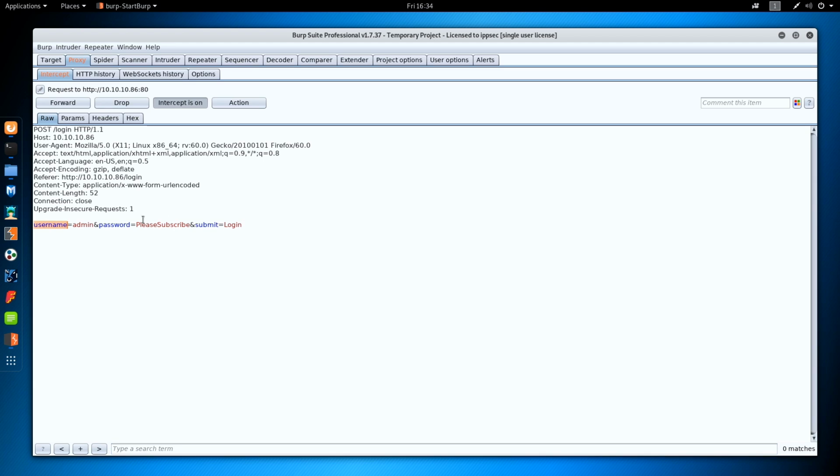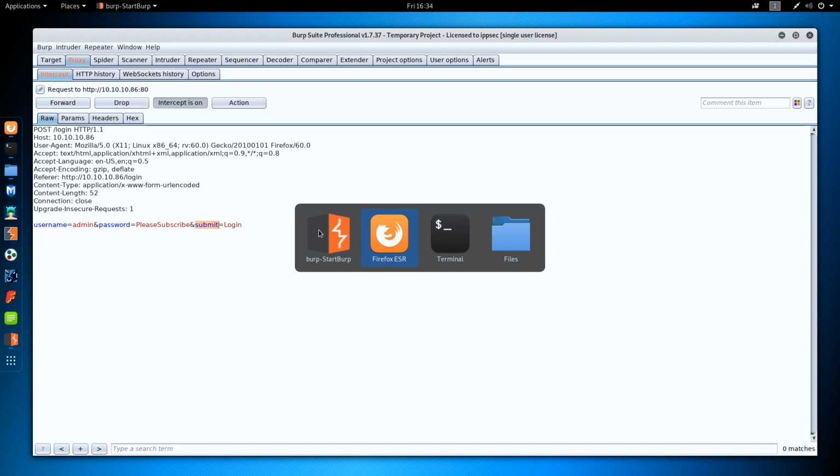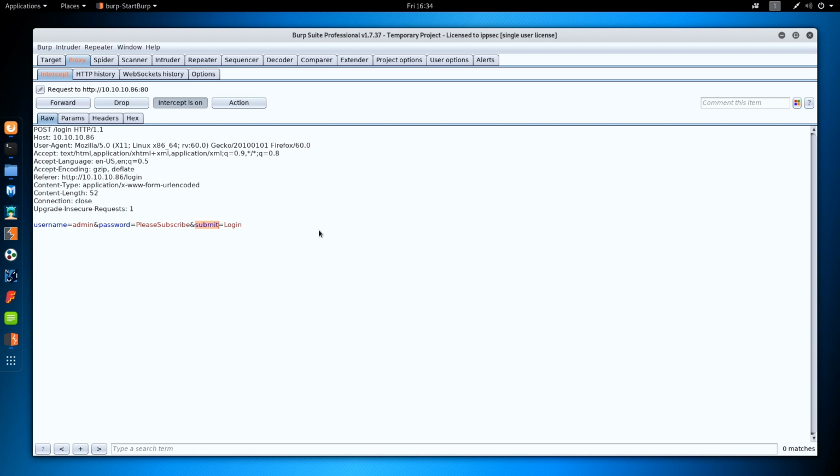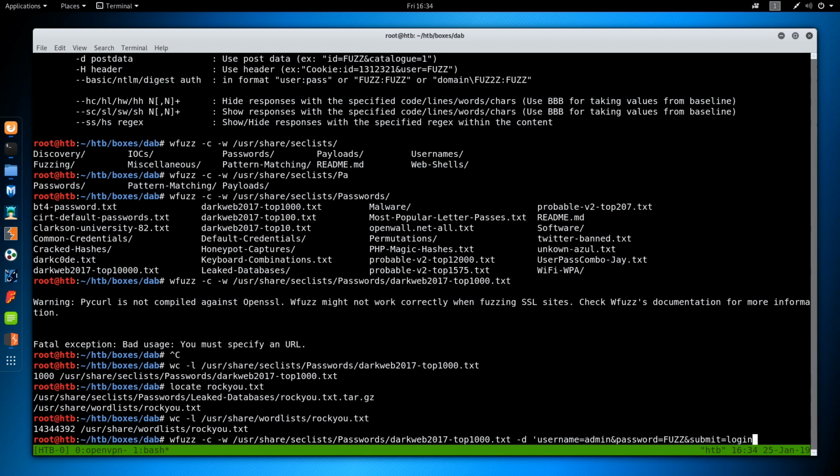And we have username, password, and login. So we'll do -d. Username is equal to admin. Password is equal to FUZZ in all caps. And then submit equals login. And if you haven't used wfuzz before, it's going to take every item in this word list and replace it